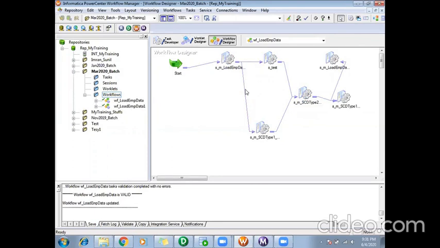To make it simple, I can show you like this. So this is parallel batch running. As soon as my workflow starts, these two sessions will start in parallel. If I want to make it a sequential batch, it means one after the other it will run.